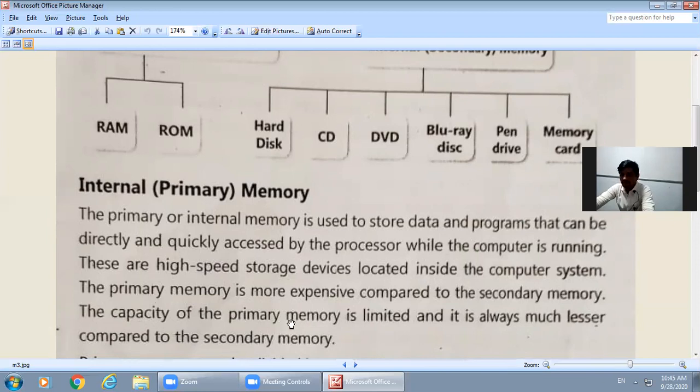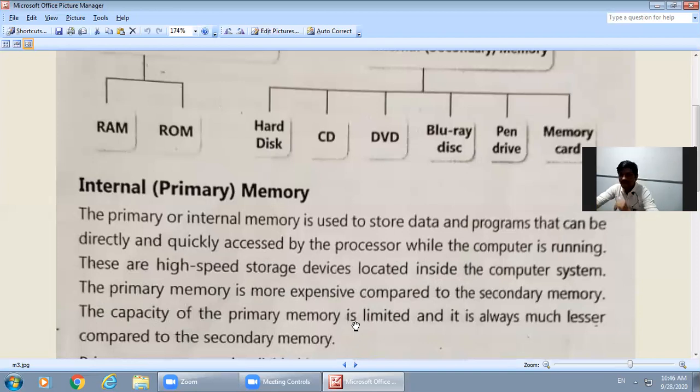The capacity of primary memory is limited and it is always much lesser compared to the secondary memory. Its capacity is very low, very less than the secondary memory. इसकी जो capacity होती है वो बहुत कम होती है